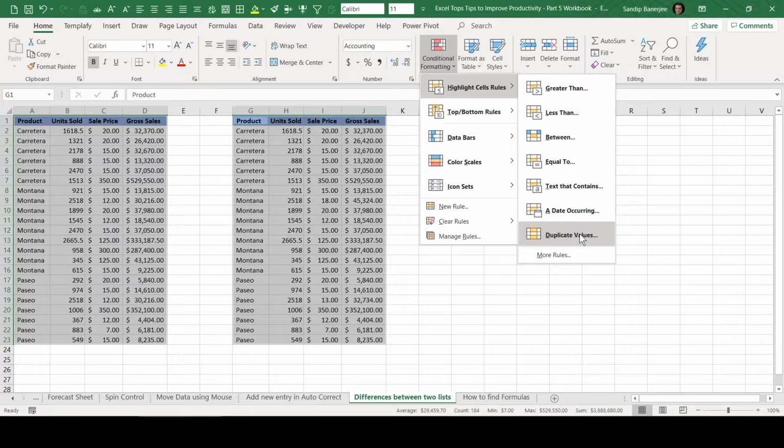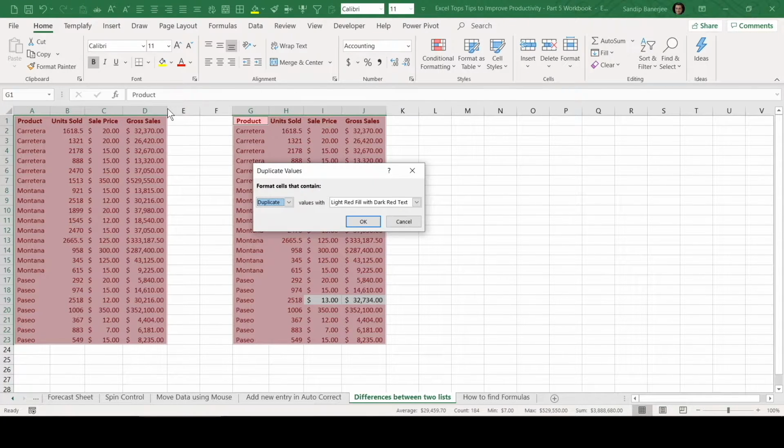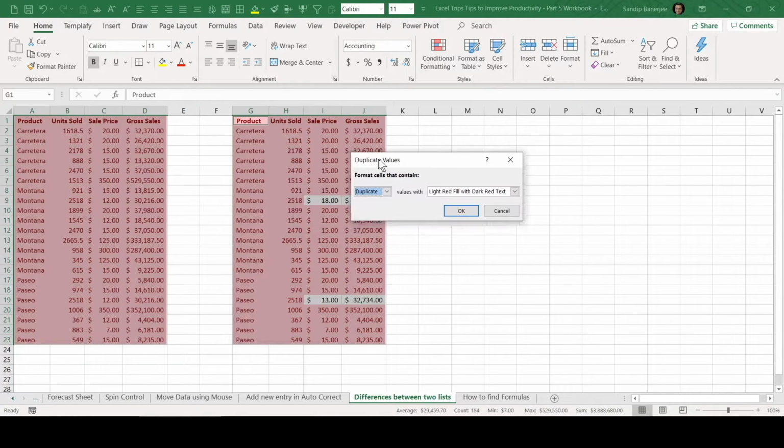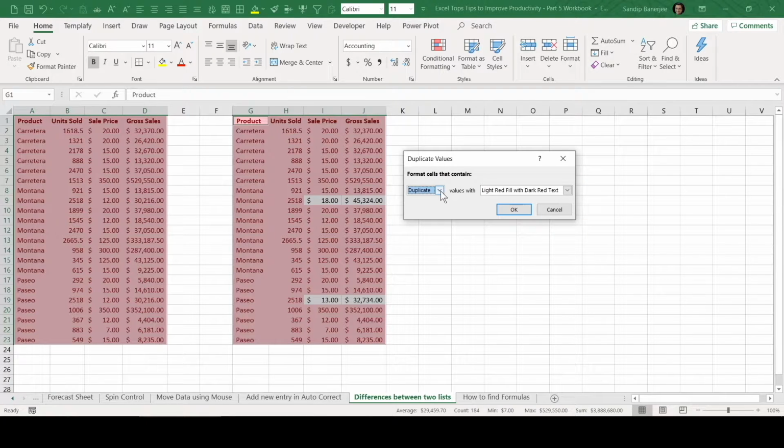If you click on that, it will show the duplicate values. But what we need to do here, we need to select this particular drop down and we need to click on unique. So once I selected that, you can see this red color, it's highlighted where is the change.